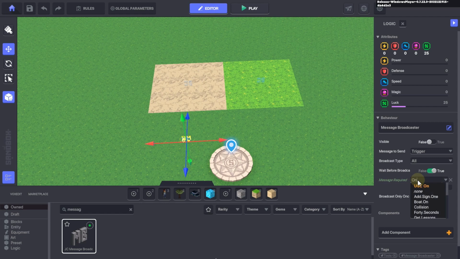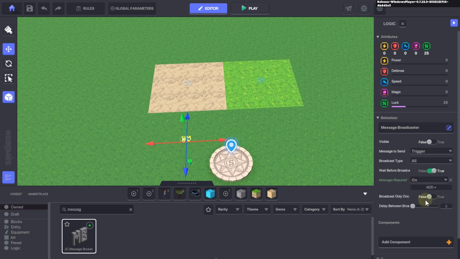So this is going to be the on message broadcaster. It's on. I'm going to have it broadcast as many times as it needs. The delay between broadcasts is 1. So this is the choke point in terms of time. It just, to relay multiple broadcasts, is going to have a ping time of a second. And we're going to send a message, and we're going to call that sent message once it receives on. I'm going to have it send kill.on to